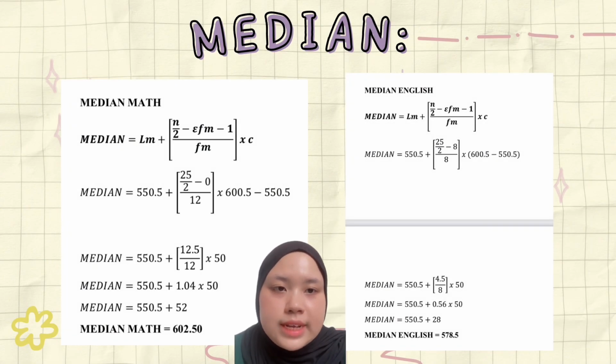The definition for median is the value that lies in the middle of the data when the data set is ordered. So this is the formula for median. LM is the lower class boundary of the median class, FM is the frequency of the median class, sum FM minus 1 is the cumulative frequency before the median class, and C is the class size or class width. So, my answer for median for math is 602.50 and for English is